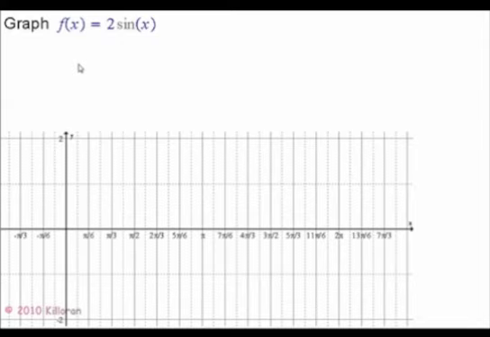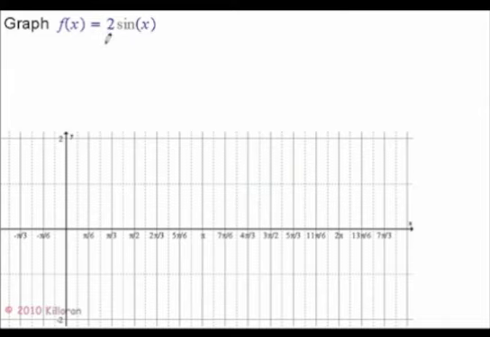Example of graphing a sine function. For this case, the only thing that I've adjusted on the sine function is its amplitude, which is the number that sits directly in front of the sine function itself. So if the amplitude of this is 2, the only thing that's going to change is, sine is still going to run its regular period from 0 to 2 pi, but the height of it is going to be increased